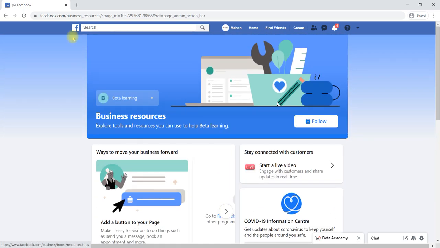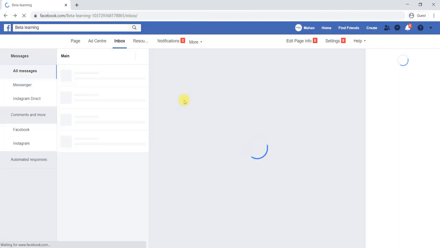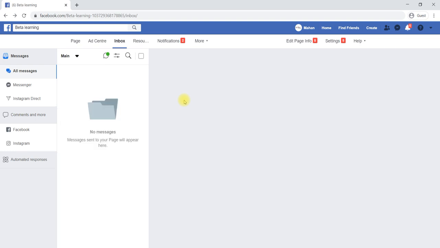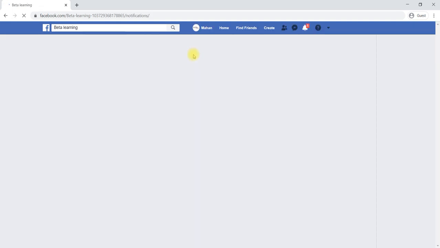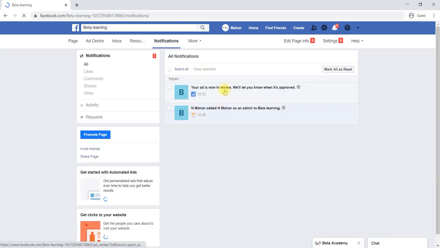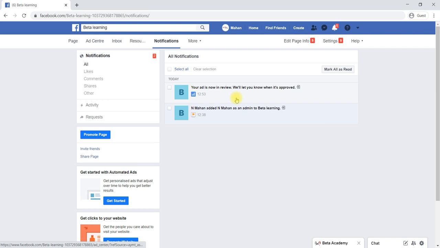These are not required, because these things will make you more and more confused. Our intention is to create a page for our business and promote some of our products through our Facebook page. For that, we have learned everything. Notifications, you can check if you would like to have any notification. So far, if any notification is there, you can check. They will try to push, like saying promote the ad, like that they will give the notification. In the more option, we already know the insights and these things we already learned from the ad center.